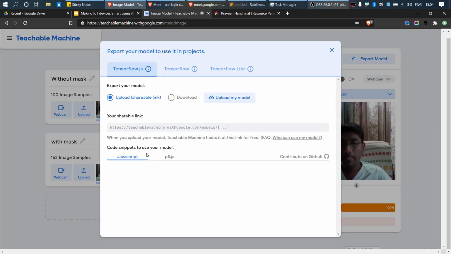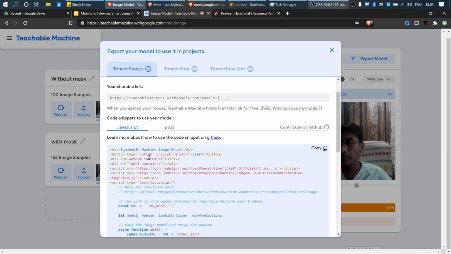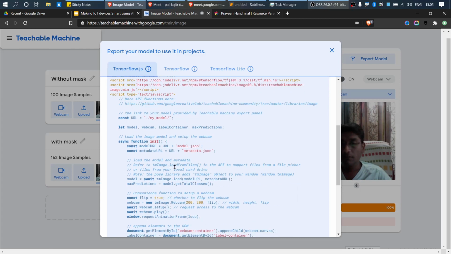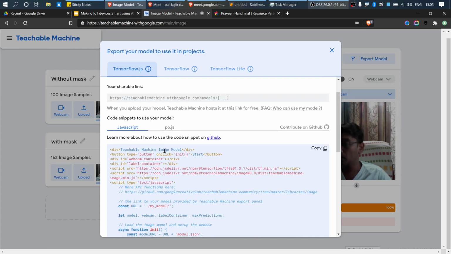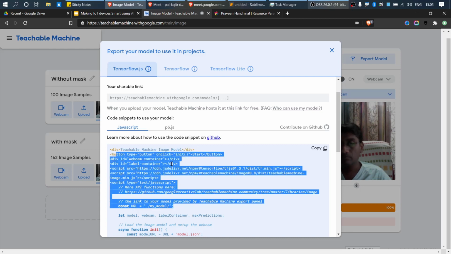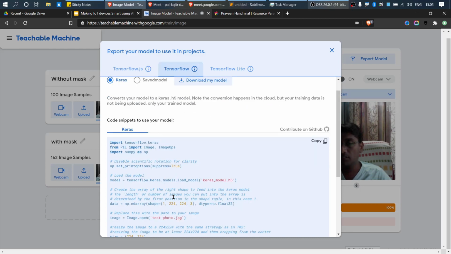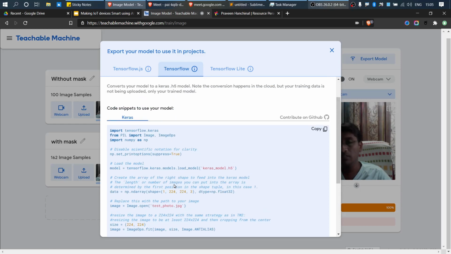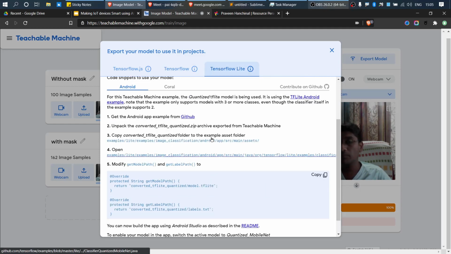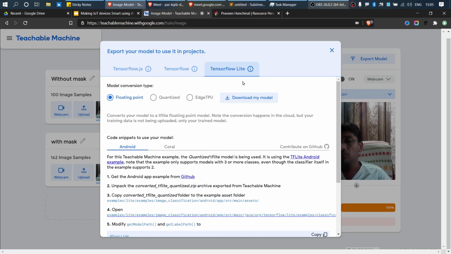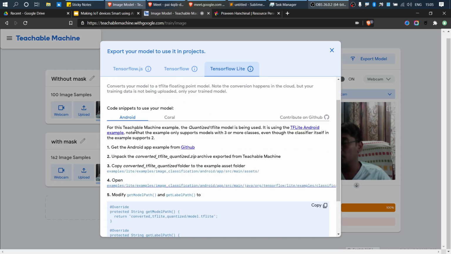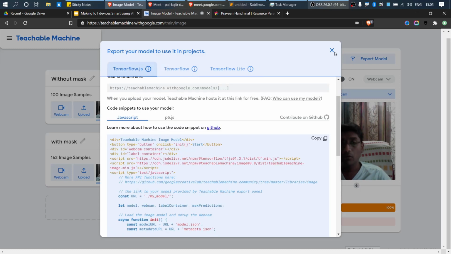Okay, now you can see I can export this as JavaScript. I can have a machine learning model which works on JavaScript, that is any browser. So any machine or any microcontroller, microprocessor which supports a browser can run this. Similarly, I can have a TensorFlow model for this. I can use Python and run this on Raspberry Pi, something like that. I can even use something called TensorFlow Lite. Using this we can have an Android app, so like this you can have an attendance app of your own. So that's the idea. I hope you are getting my point.